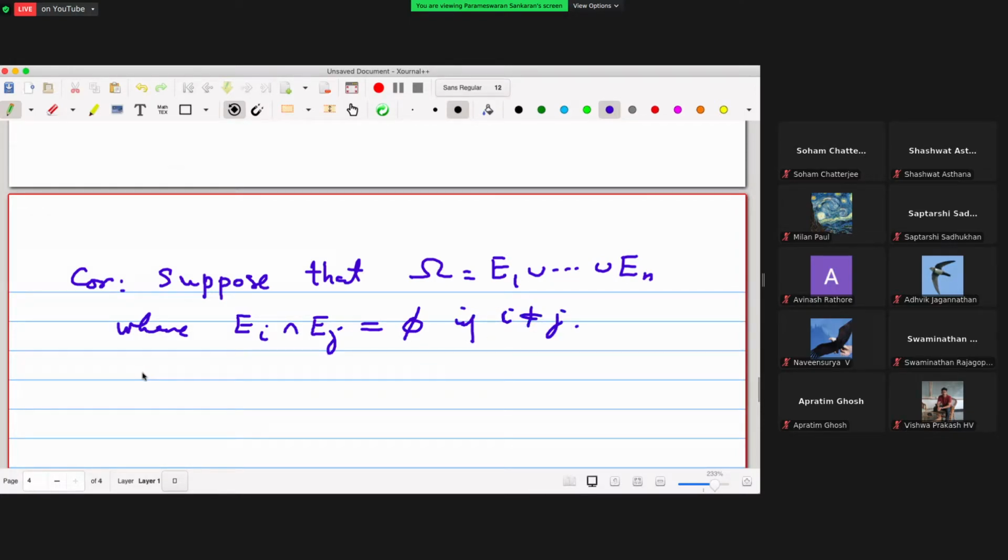Suppose also the probability of B is not equal to 0 and the probability of none of these Ei is 0, they're all positive. Okay. Then